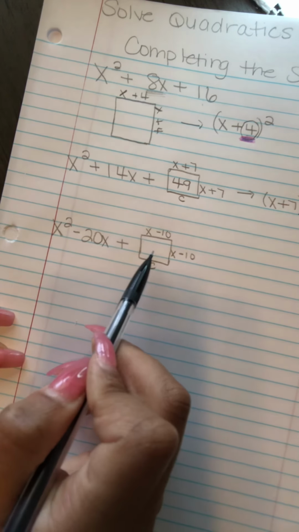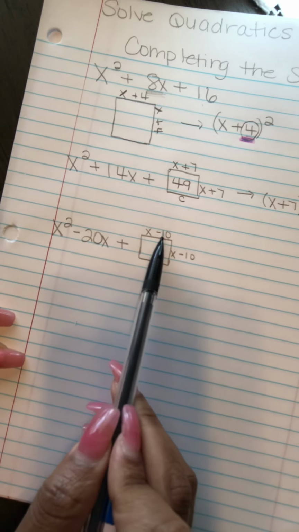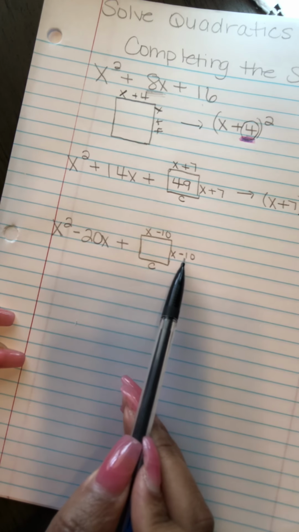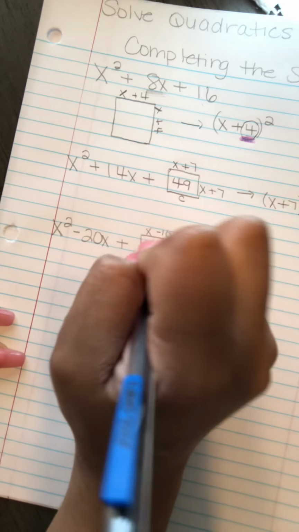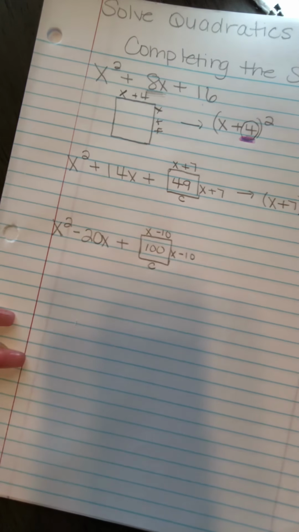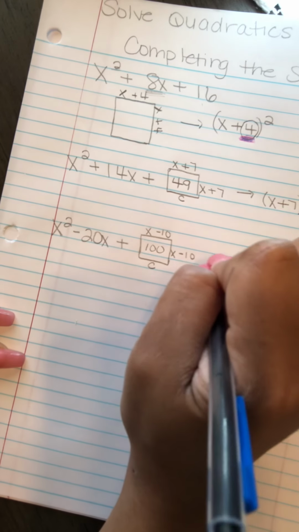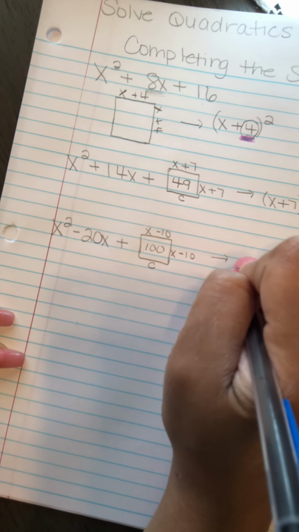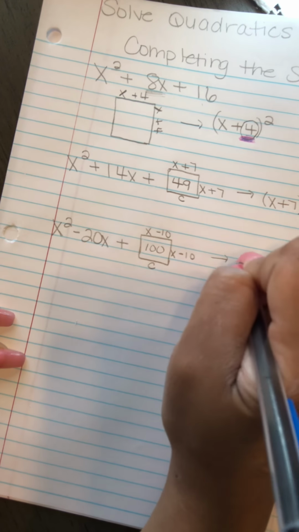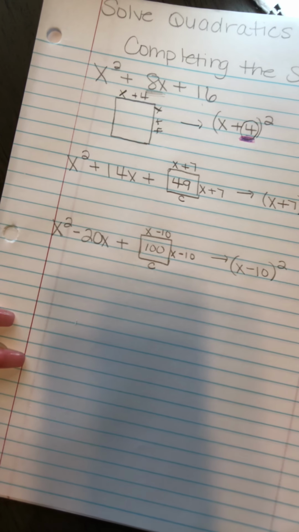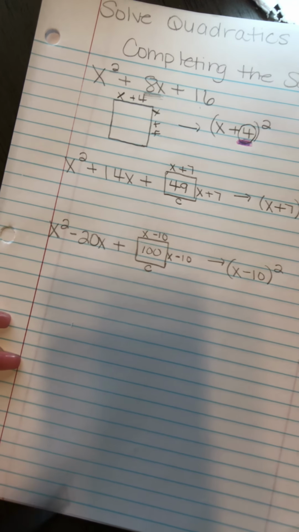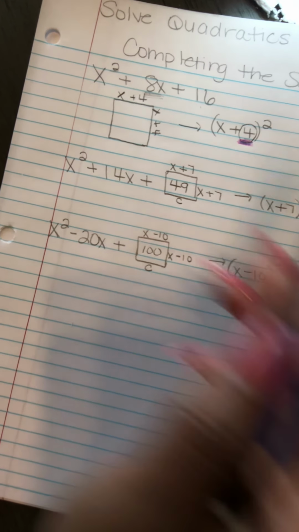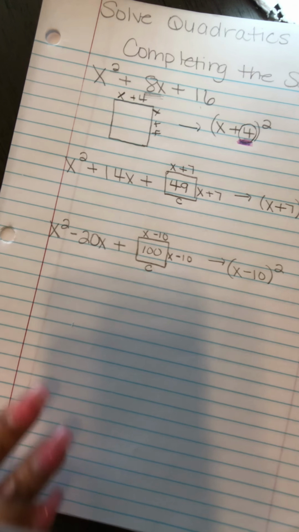Well, what number is going to complete this square? Well, what is negative 10 times negative 10? 100. Now let's factor it. Well, we really already did it. So now all I have to say is x minus 10 squared. So we just completed our squares. But now let's take this, what we've just learned, and let's